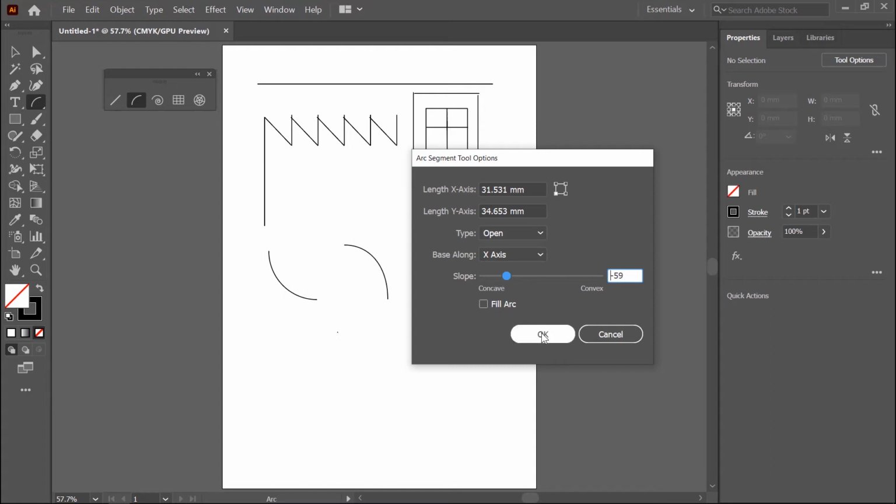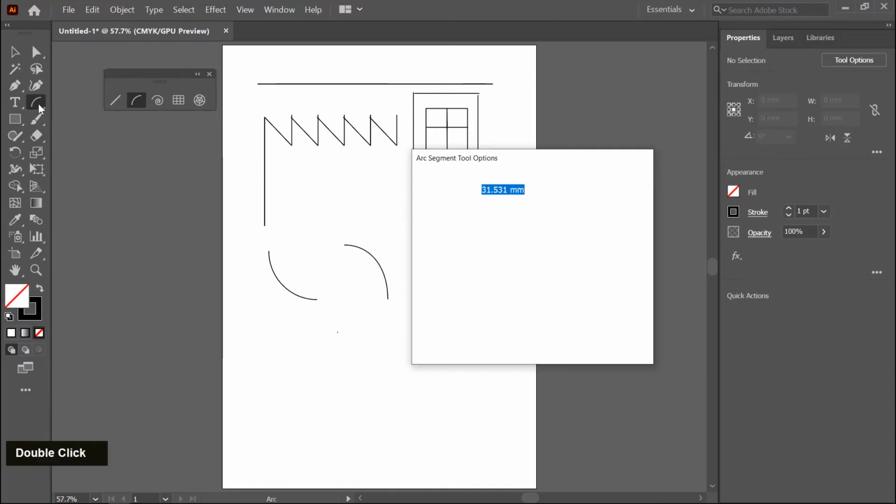When you click on the OK button, these parameters will be saved, and when you create a new arch, that arch will be created with these parameters. So I click on the cancel button. I click again on the artboard. In this flyout, you are not able to preview your arch before creating. If you want to preview, first close this flyout.